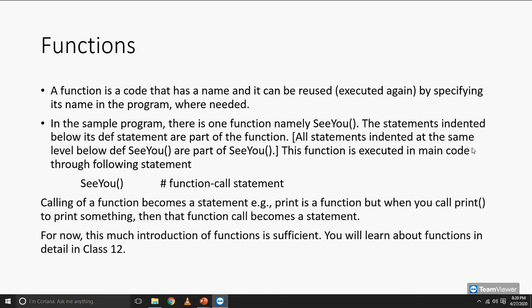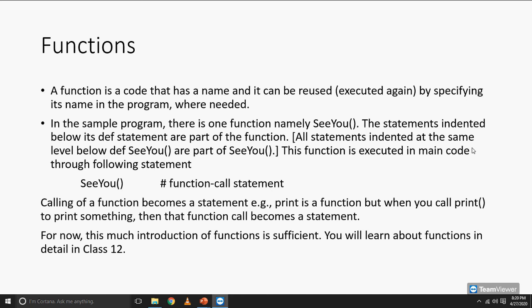Now let's take a look at the functions. A function is a code that has a name and it can be reused. That is, it can be executed again by specifying its name in the program wherever needed. In the sample program, there is one function, namely cu. The statements indented below its def statement are part of the function.